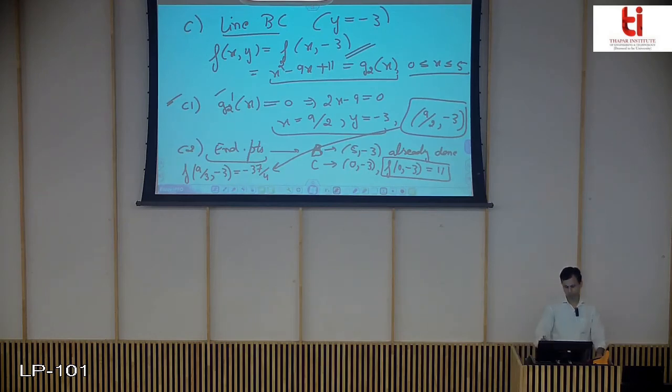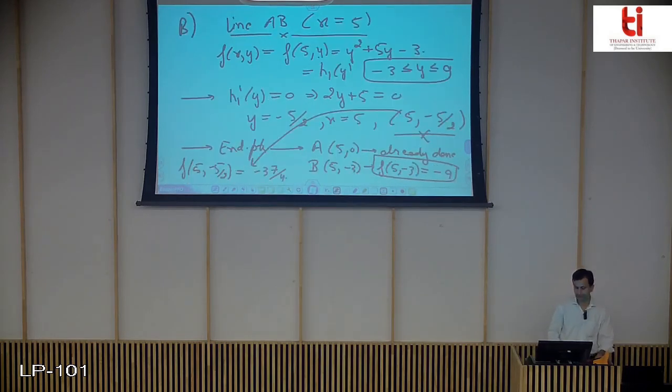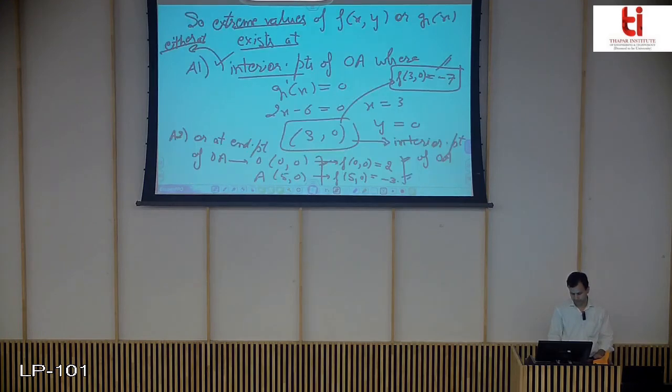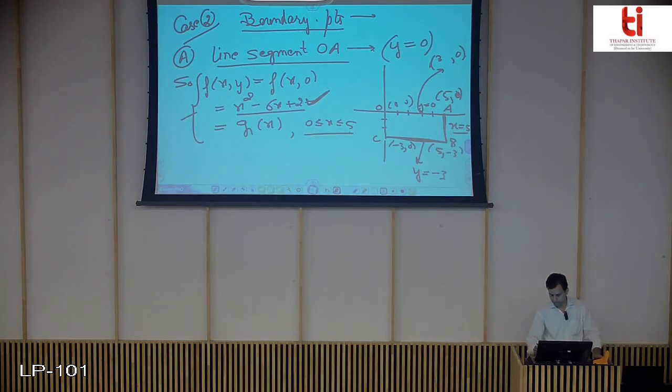Okay, so now you can see here, at least in this question, unlike the previous example where we got only one line segment AB with an interior point, here in the line segment AB you got the point 5 comma minus 5 by 2. That is 5 comma minus 2.5, somewhere here. So this is the point 5 comma minus 5 by 2. Again, you get an interior point on this line segment.